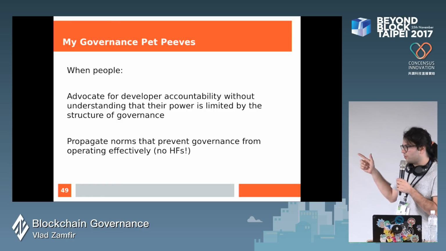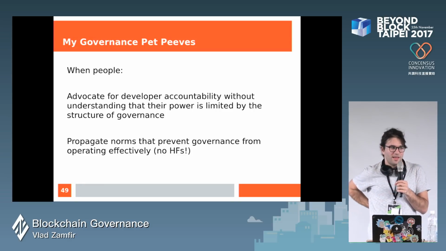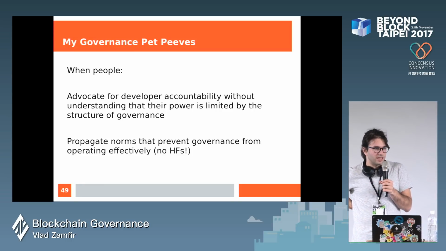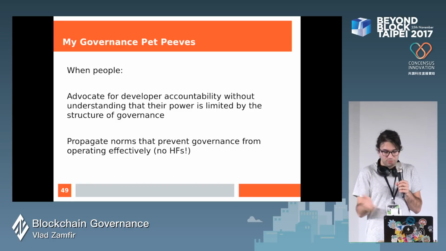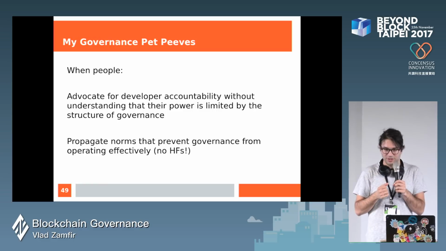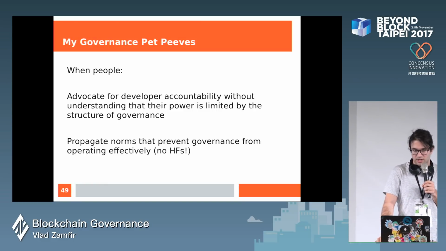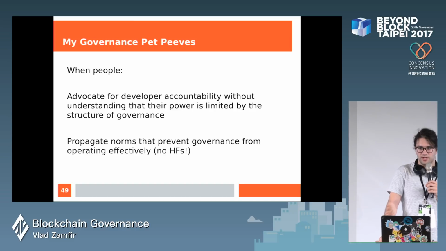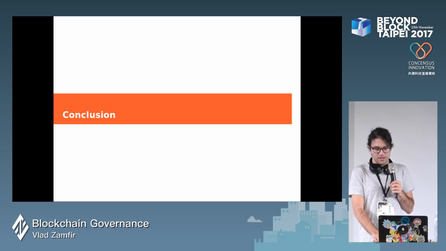Another one of the big pet peeves is anyone who propagates norms that make blockchain governance less effective. Anything that removes power from blockchain governance just because blockchain shouldn't be governed, like the no hard forks thing. I think the no hard forks thing is a great example, right? It prevents technical upgrades and it prevents any kind of ethical hard forks also. So, wrapping up,